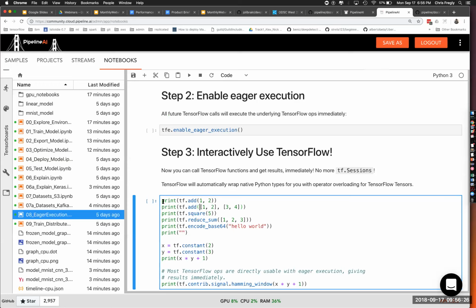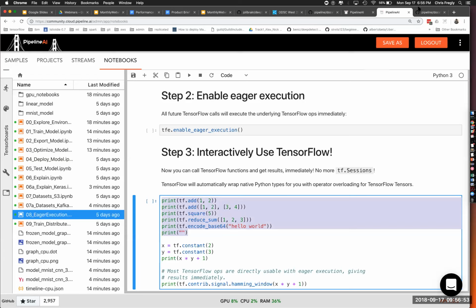So the summary here is, in TensorFlow 2.0, eager execution will be on by default. And you don't even have to think about it. Not until you go to productionize your model will you have to think about the graph and all of that. So again, that's also where Pipeline comes in, to hide a lot of that for you and to take these models that you've trained in what's called eager execution and convert them.